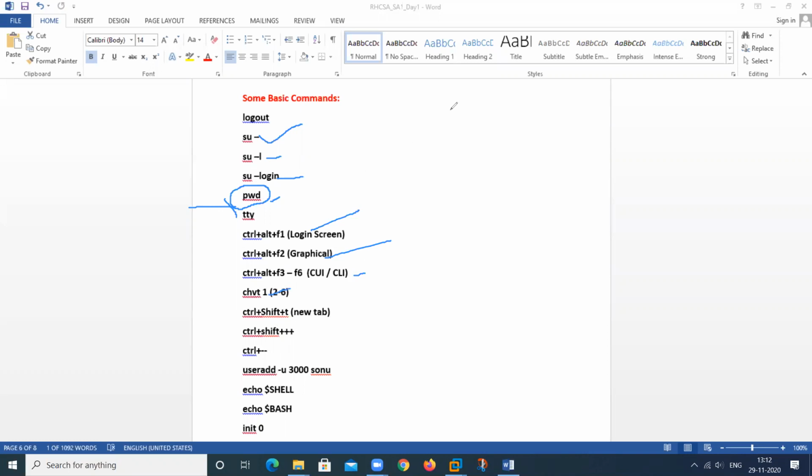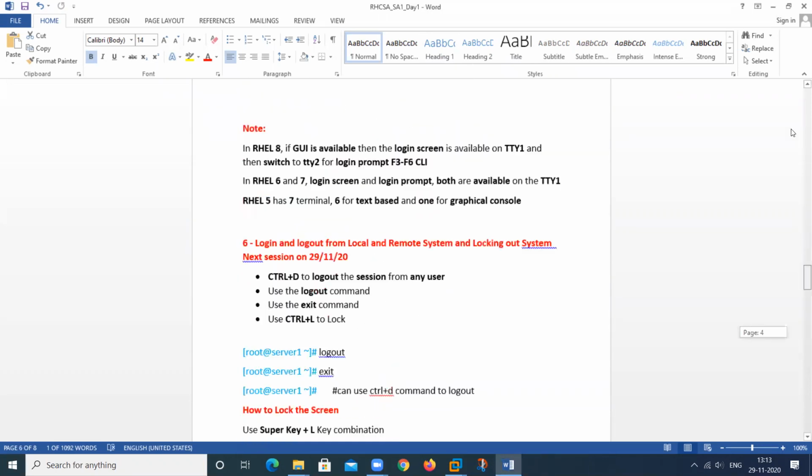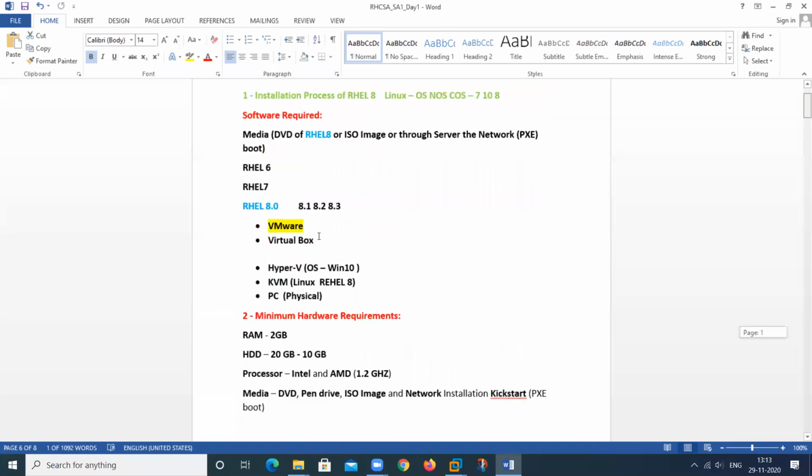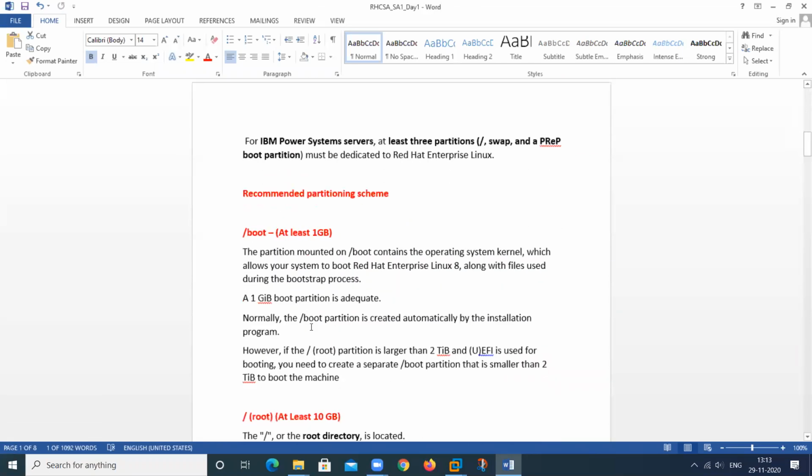Then this chapter will be complete, that I covered in the earlier class, the day 1 class. Any doubt regarding these concepts? This is the theoretical portion.